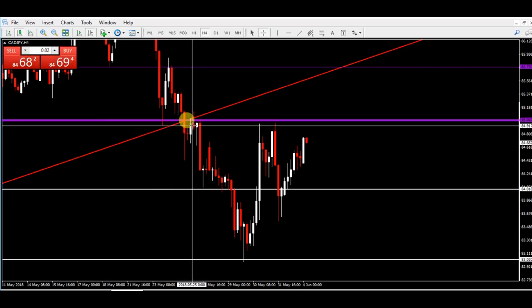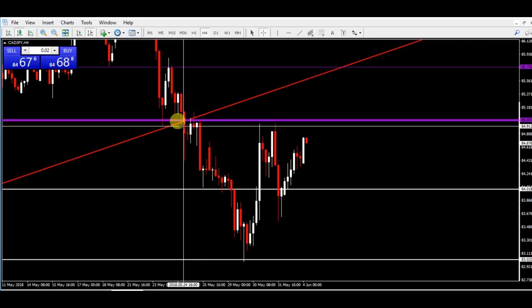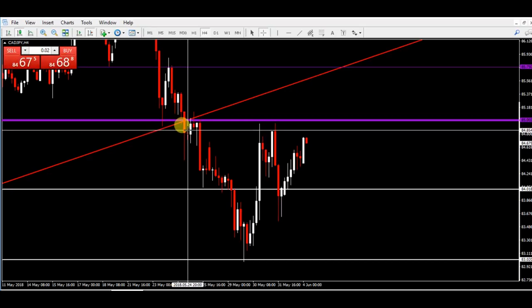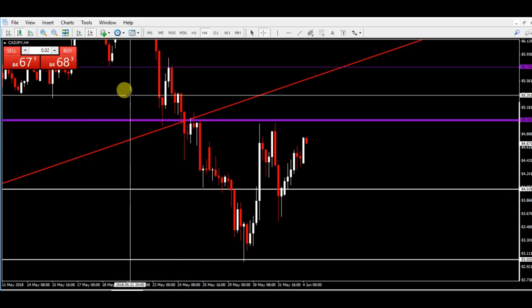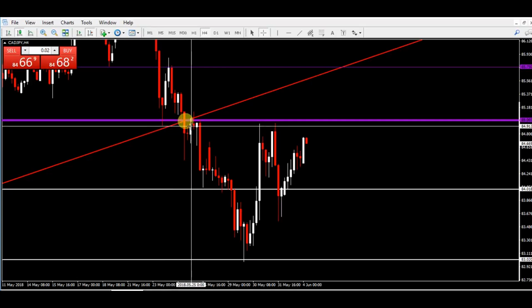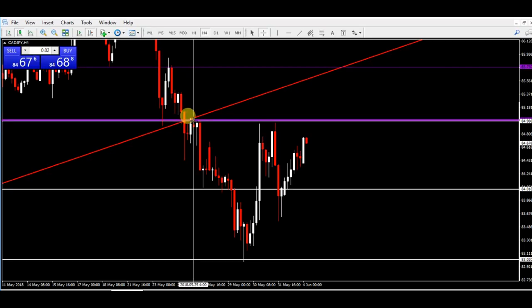Close below. Come back up to retest as potential resistance, which is in confluence with that close below that happened on the daily time frame, which is in confluence with what happened on the weekly time frame of coming up into that previous support to act as resistance area, in confluence with retesting the backside of the trend line. And this is on the 4-hour chart.